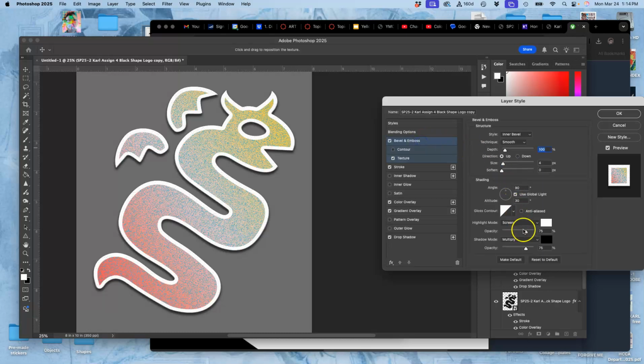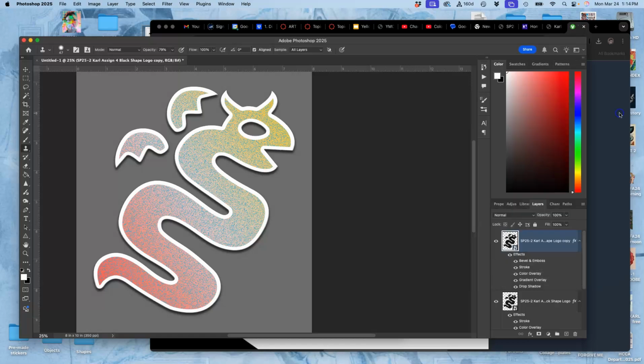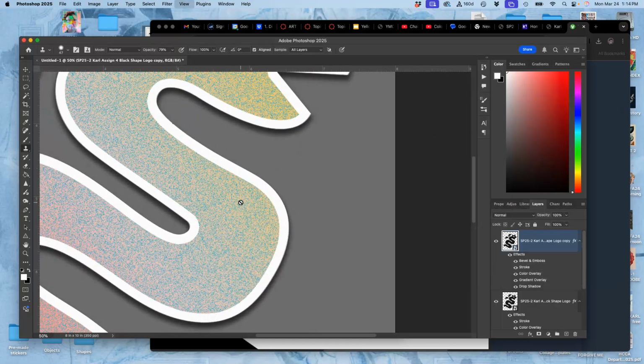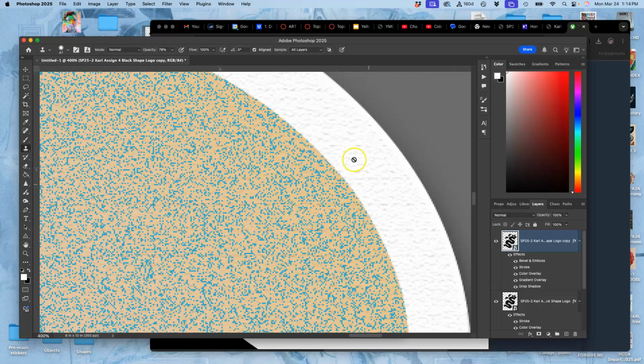And you can play with the opacity of it as well. So I'm going to make this texture very subtle, but now it's even in the stroke. So as I zoom in, you'll see this texture now even in the stroke. And maybe if I don't have the gradient overlay,